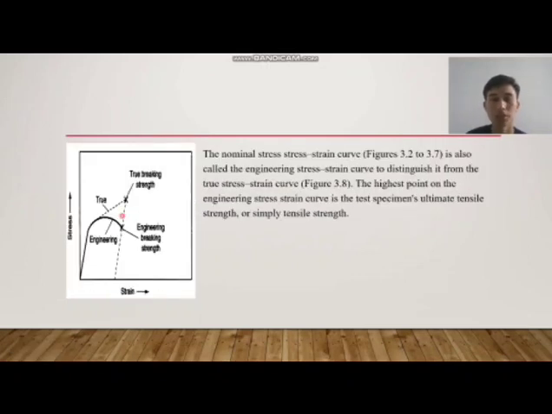However, in the final part of the test, necking occurred around the fracture area, causing thinning. Next, the nominal stress-strain curve, Figure 3.2 to 3.7, is also called the engineering stress-strain curve to distinguish it from the true stress-strain curve, Figure 3.8. The highest point